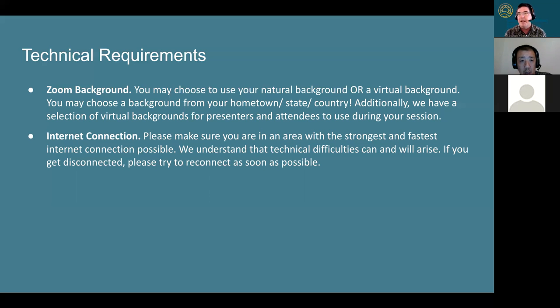Probably one of the biggest challenges that we're all going to have, that we've all had over the past couple of years, is our internet connection. If you can find a place where you have a very stable internet connection, we'd really appreciate it. If something does happen, because we realize it does happen, that things disconnect, fall apart, whatever, just remember, just log out and log back in. We understand these things happen, so just be aware of that. If something goes wrong, log back in and we'll try and reconnect you.